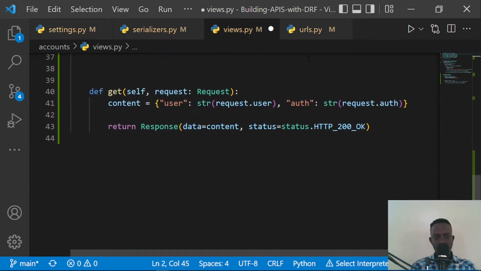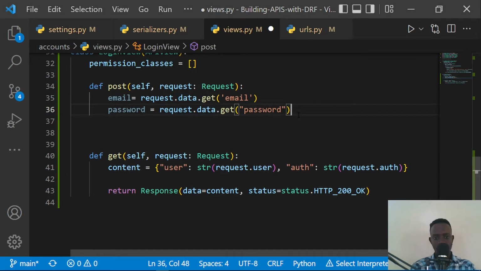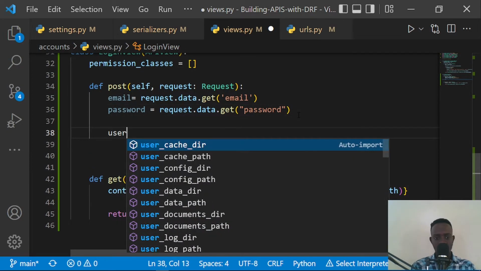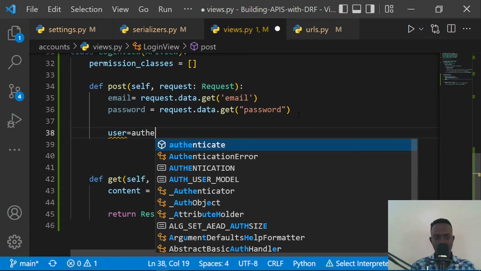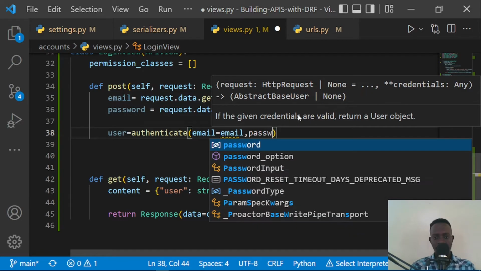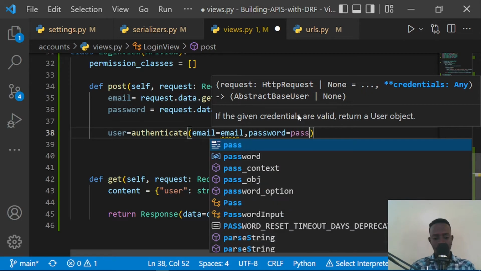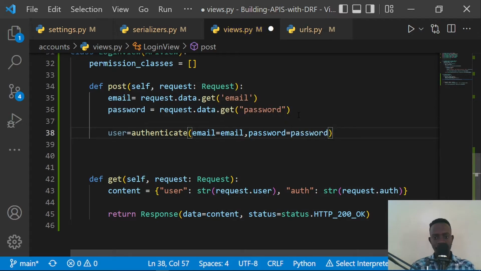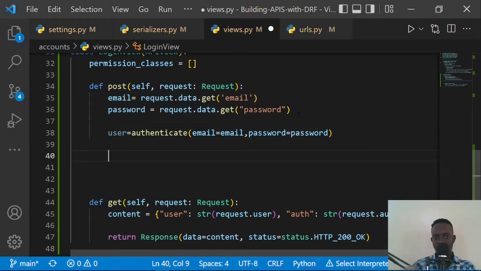Right after importing our authenticate function, I'll come here and say that our user is equal to authenticate. Here we're going to provide our email, which will be our email. We shall also provide our password, which will be our password. After doing this, we are going to check if this user exists. So we shall do if user is not None,